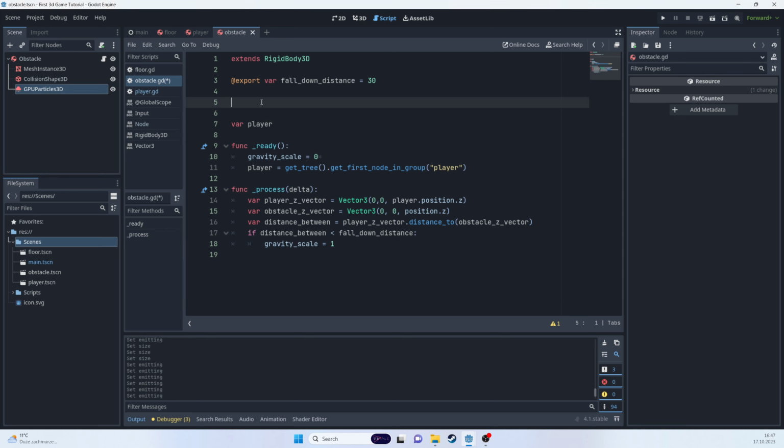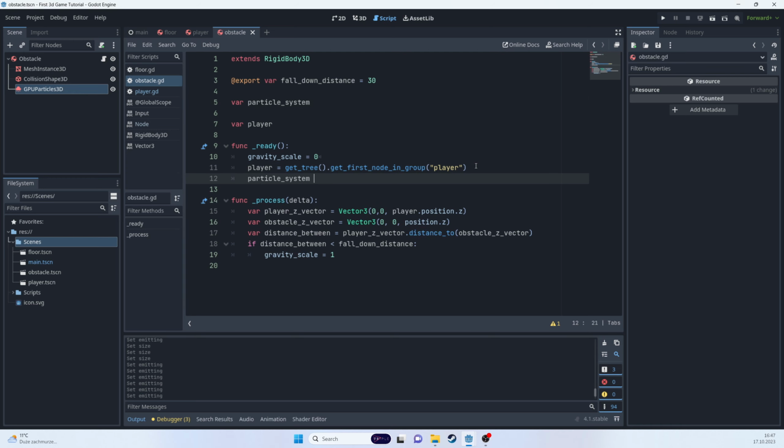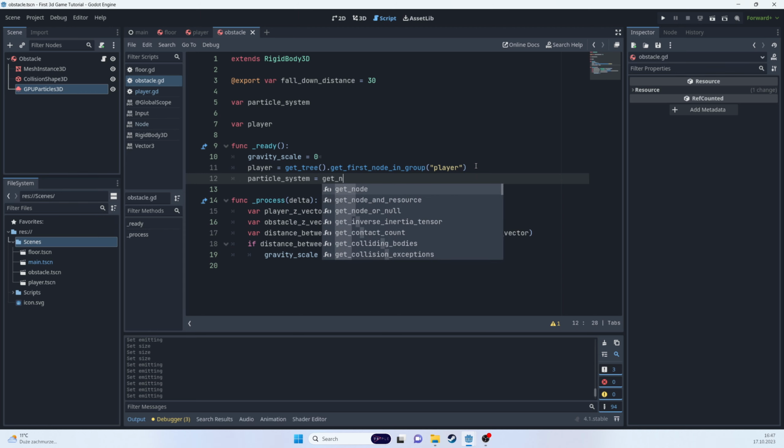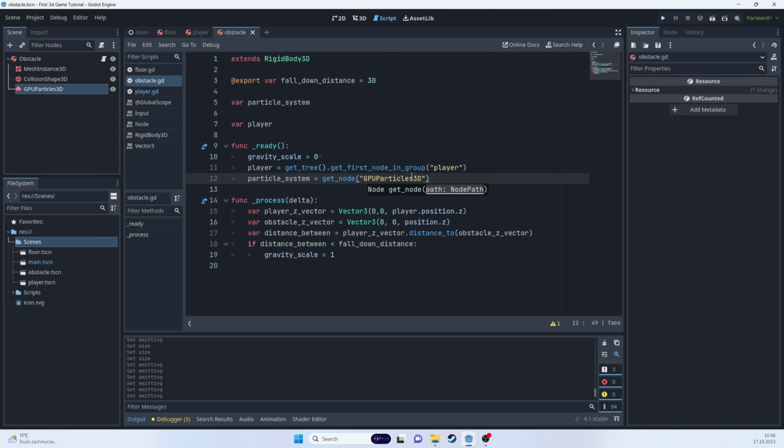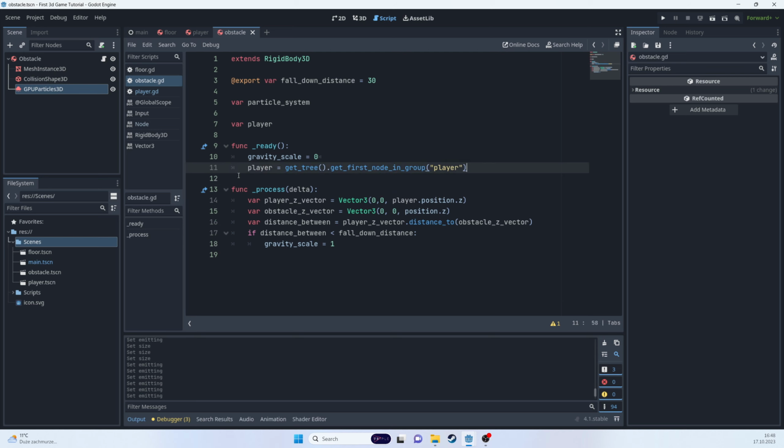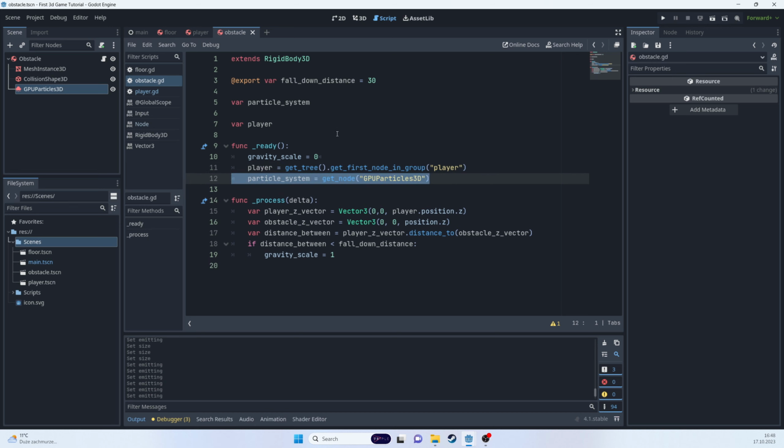Actually, we could define the particle system, and in ready, you could say particle system is equal to get node, and then find that node by specifying its name and its path, basically, in our tree. This is a good solution, but what I prefer to do is to use